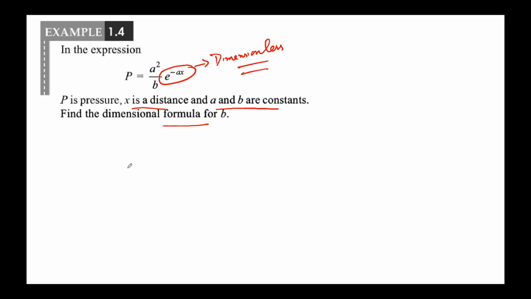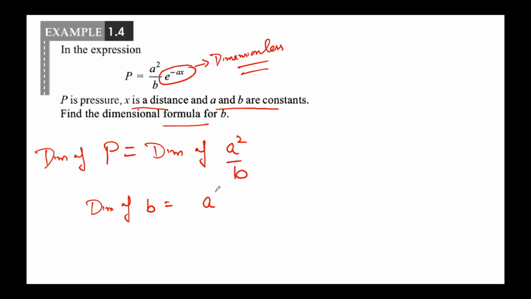So if this is a dimensionless parameter, what does it mean? It means that the dimension of pressure should be equal to the dimension of a squared over b. Here a and b are constants, and from this we can find the dimensions of b, which will be equal to the dimension of a squared over the dimension of pressure P. So putting the value of a squared,